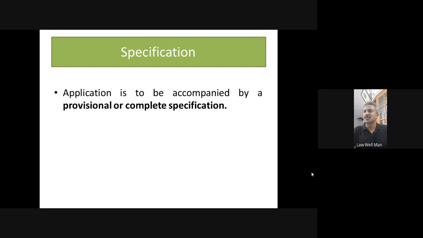Provisional would mean provisional, as we understand. Before you get the final degree certificate, usually you get provisional. Provisional is only provisional. It's not complete. It's not final. It's subject to condition, I would say. So a person or the entity which is making an application of a patent will be allowed under patent law to make a provisional specification even if you have not reached a stage of fully demonstrating before the patent office